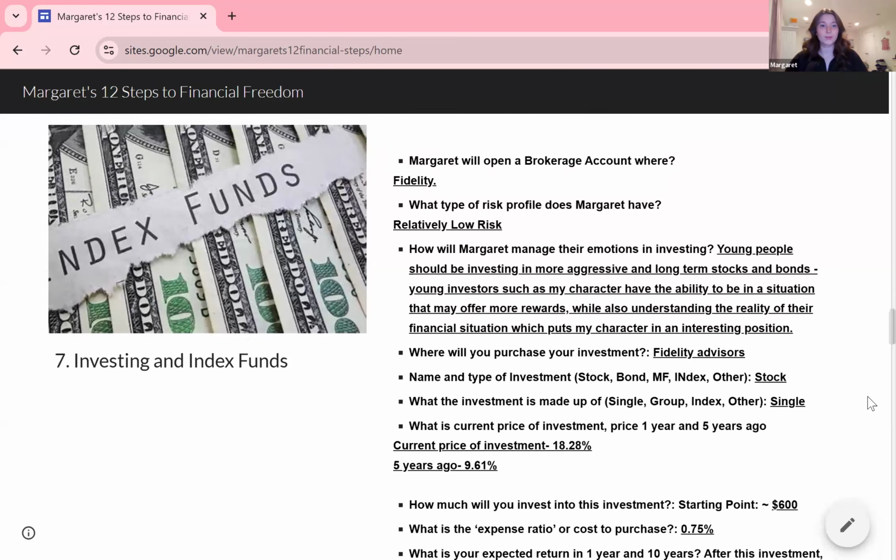Next, we are going to look at investing and index funds. Investments are super, super important for the future of how much money we can achieve at our desired end result. And we're going to be looking at, as I said before, what best suits our lifestyle. That's why the beginning parts of this project are so important, looking at what we want our lifestyle to look like,